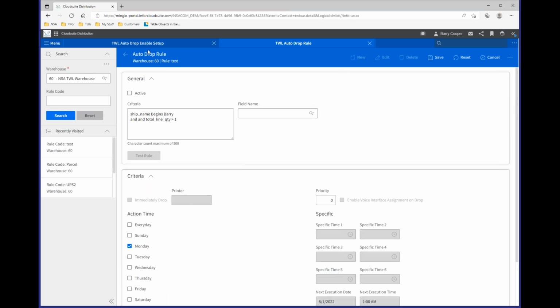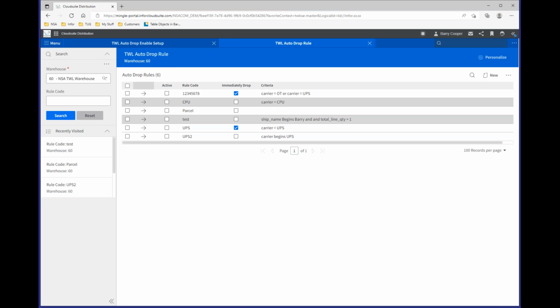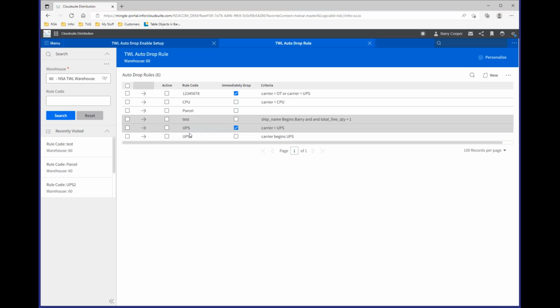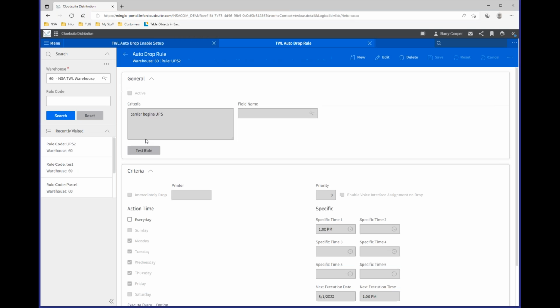Okay, so again, why use something like this? Our parcel orders work very, very well with this, where we're not looking at these in our order manager. We're not trying to group things together. Typically, they come in, we want them out to the floor, somebody picking them and staging that material to go out. So here I've got one where I've said carrier begins with UPS, because I might have multiple